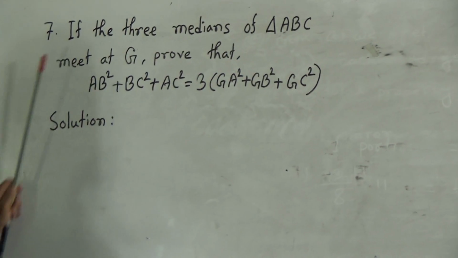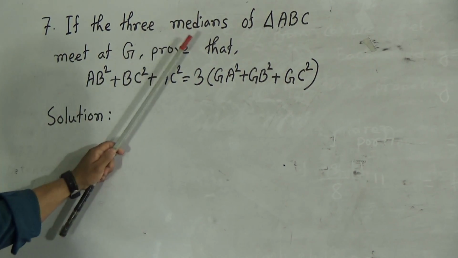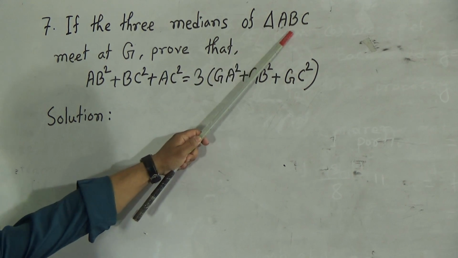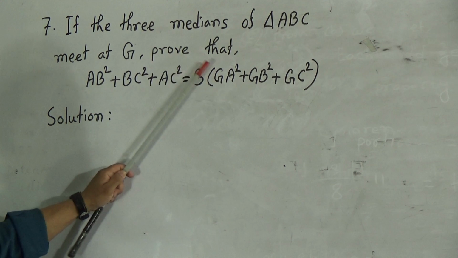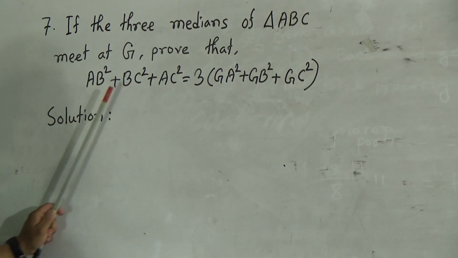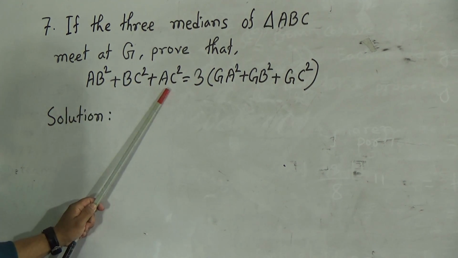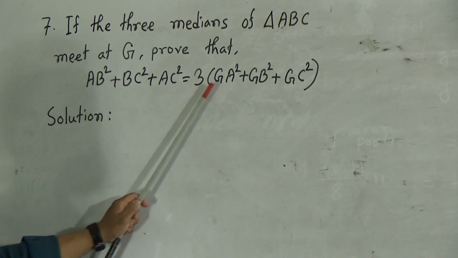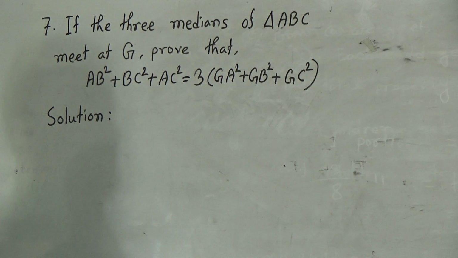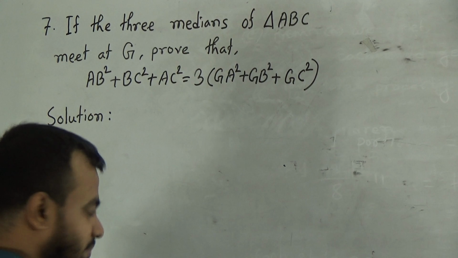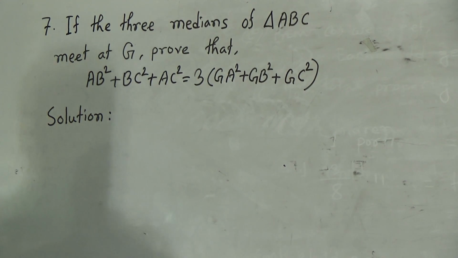The question is: if the three medians of triangle ABC meet at G, then prove that AB square plus BC square plus AC square equals 3 into (GA square plus GB square plus GC square). We'll prove this with the help of Apollonius's theorem. First of all, we'll write down: